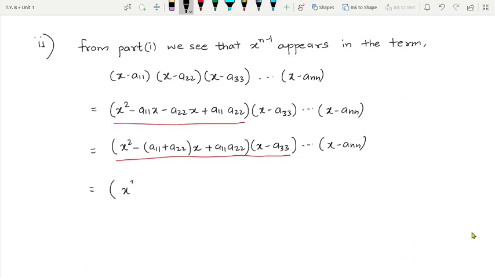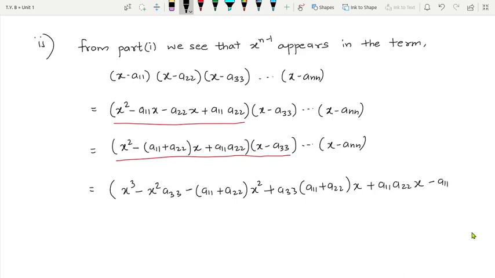It will be x cube minus x square a33 minus (a11 plus a22) x square plus a33 (a11 plus a22) x plus a11 a22 x and minus a11 a22 a33, and this will be continued